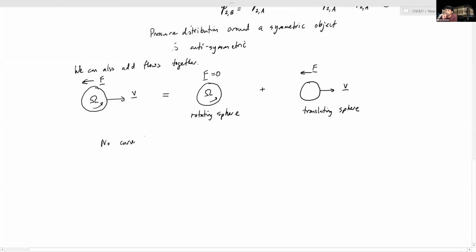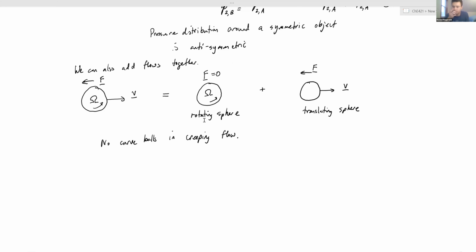Could you repeat again why the force is zero in the rotating sphere and to the left for the translating sphere? Yeah, one second. So no curveballs in creeping flow. So what you're saying is you don't see why the force would be zero? Okay, let's say that the force is non-zero. What direction would it be? Wouldn't there be like a centripetal force? Yeah, if you think that there's a net force on this ball when it's rotating, what would that force be? Oh yeah, no, that's because it's always changing in direction. Because it's exactly symmetric, right? Yeah. So there can't be a force.